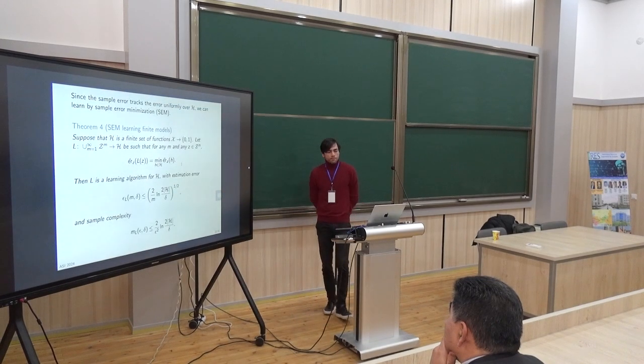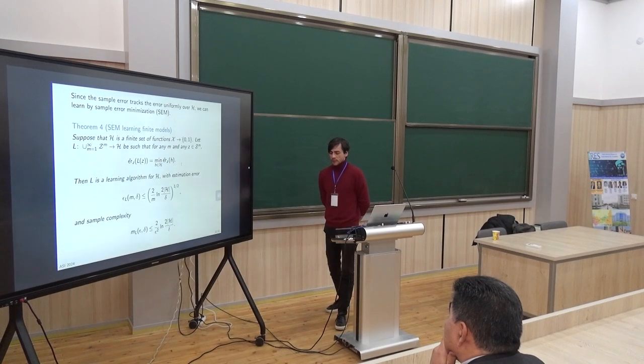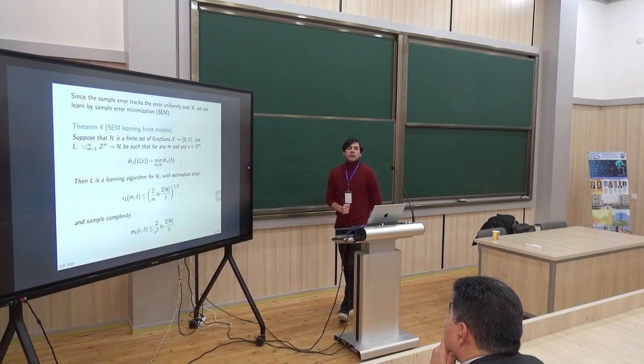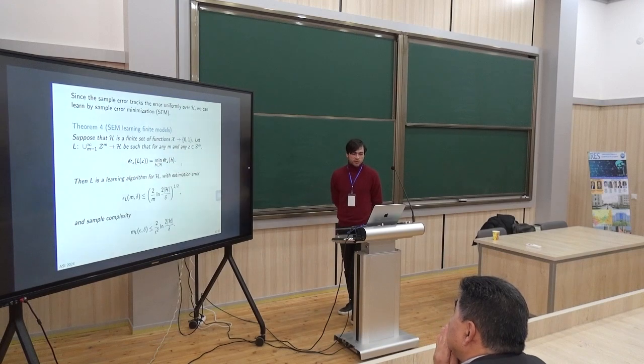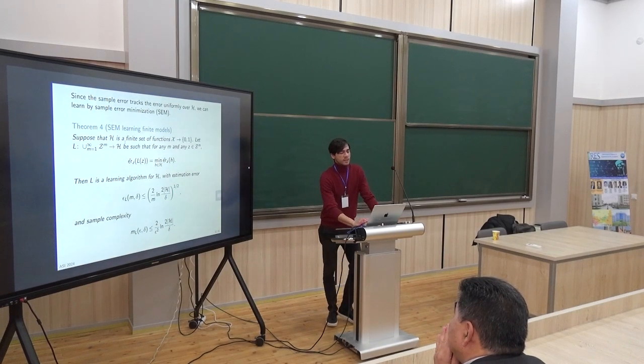All right, but for finite hypothesis classes, in the case that this H is finite, since by the union bound and Hoeffding's inequality we have that the sample error tracks the error uniformly over the hypothesis class, we can use that to conclude that we can actually learn by minimizing the sample error. So if we minimize the sample error, we're also going to be minimizing the actual error. This is a